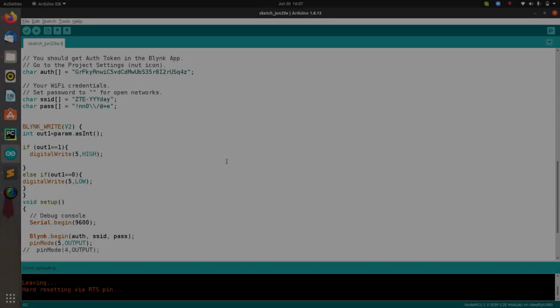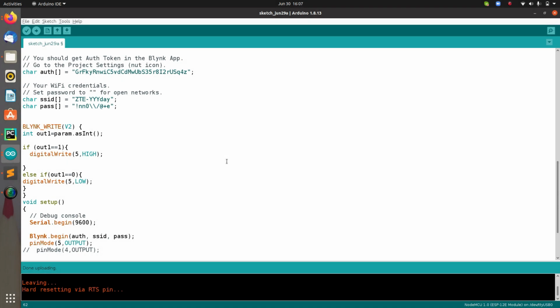Alright, so have you seen, right now we were controlling the home appliances, in fact the light of your room, through the Blink application. Now let's do one thing, let's first understand how we are gonna connect these home appliances, which is a light right now, to the AR application, because currently whatever we have done is done on the Blink application.